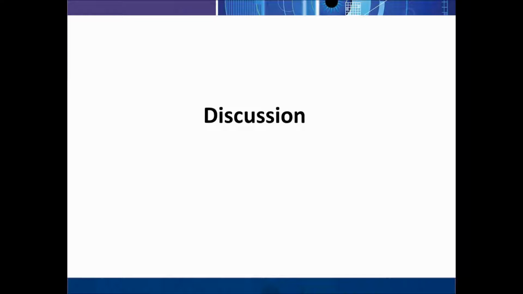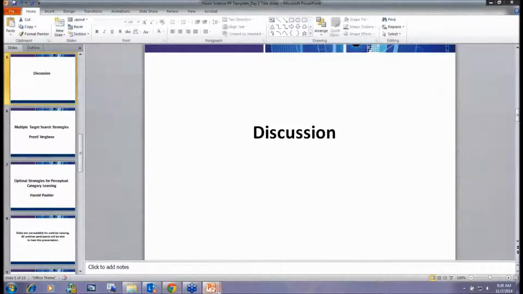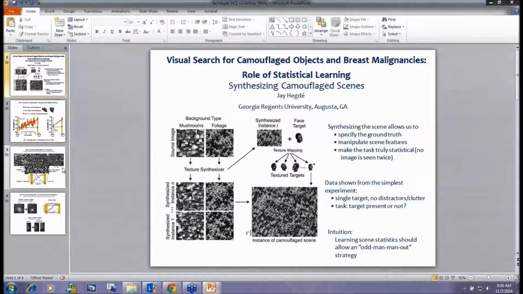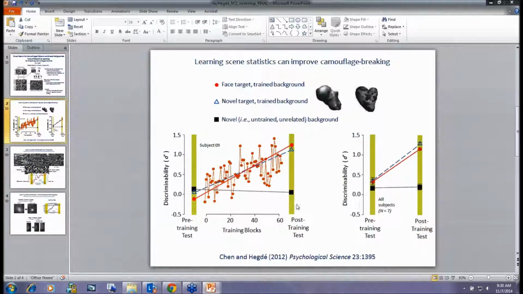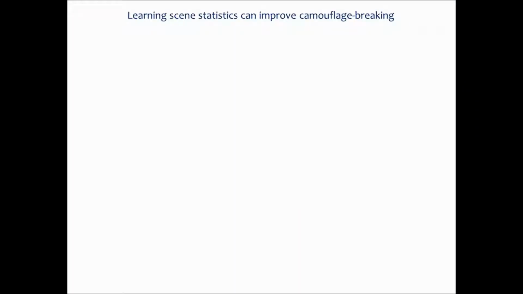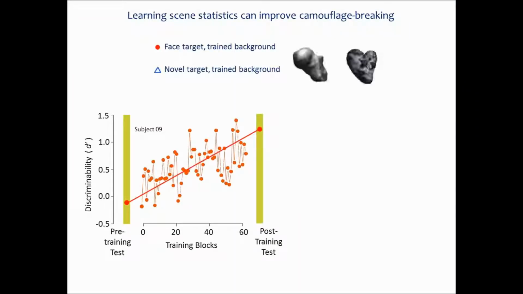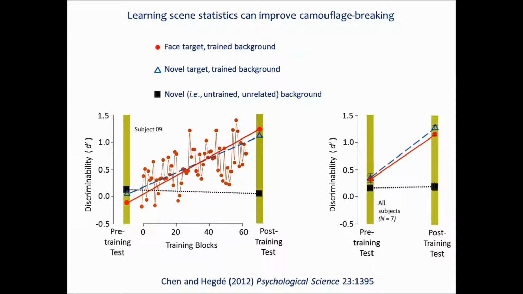Yeah, blue line. So the blue line starts again there. I mean, if there was real transfer, you should expect... No. So this was basically, we tested them before they were trained for both the novel target and the phase target, and then we trained them in the background, and then we tested them in novel and